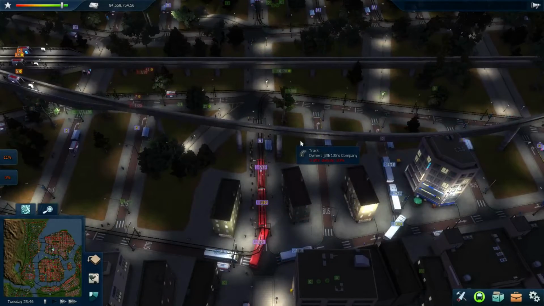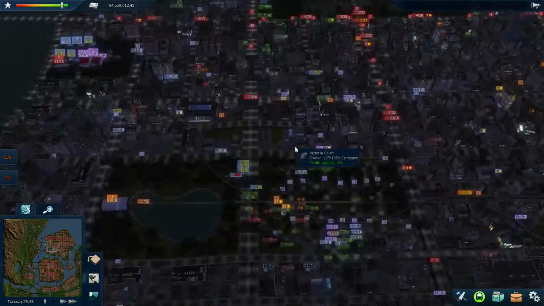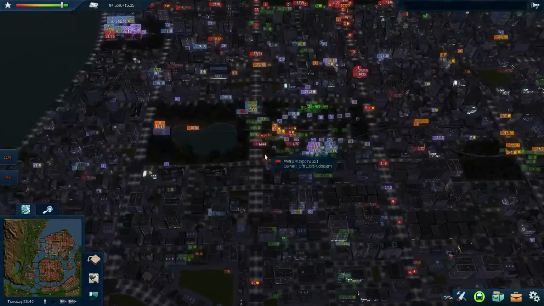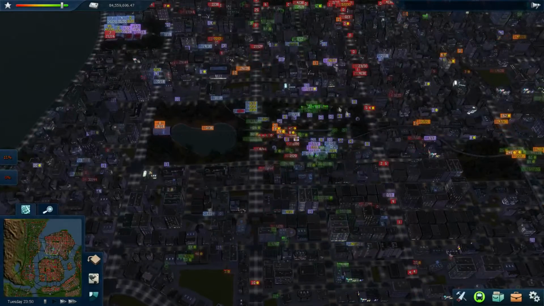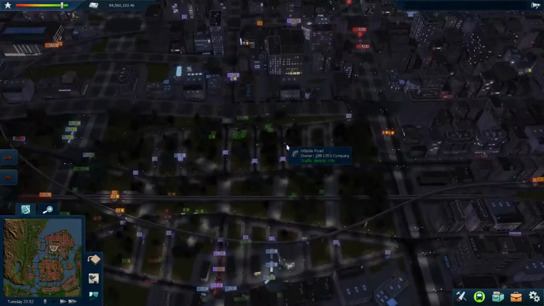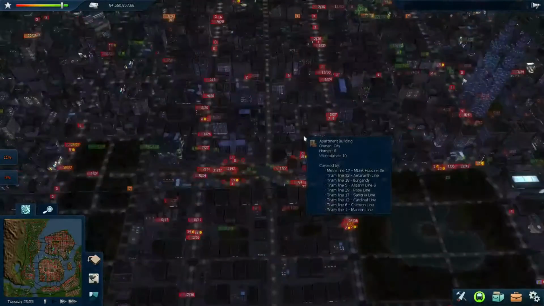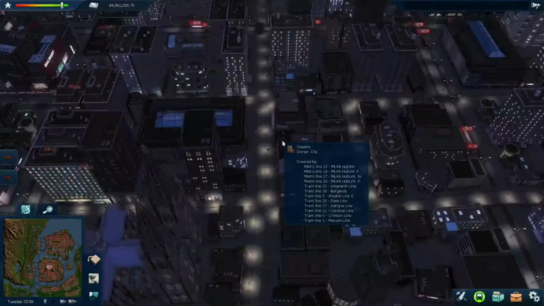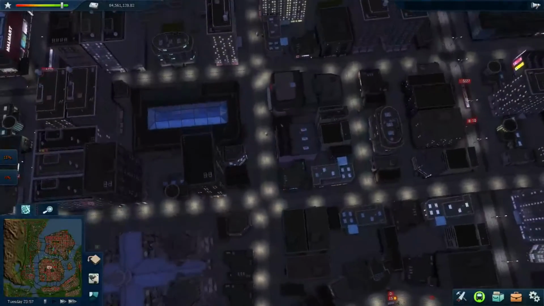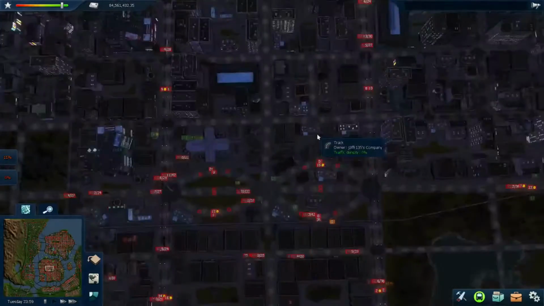Now you can see we're currently hovering over the MCH itself. Bit of a traffic problem here with these trolleys, but that's nothing really major to worry about. What we're going to do in today's episode is adapt this design for the bus hub. Let me zoom in again so you can actually see it. Adapt this design, but confine it to a smaller area so we can build it here in the northern part